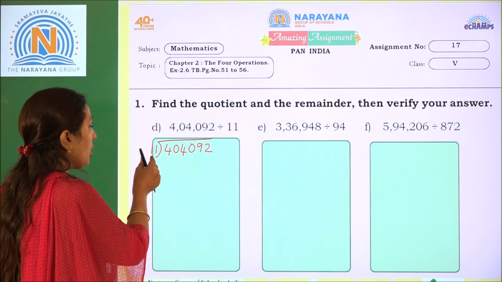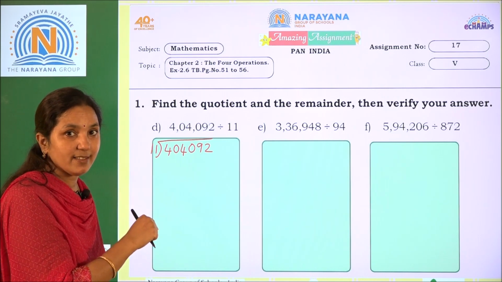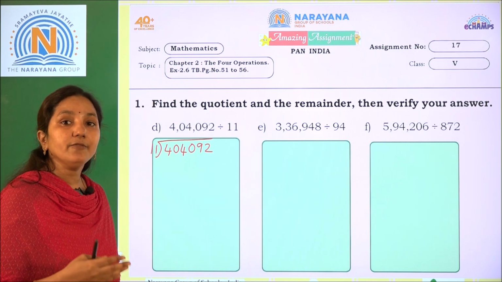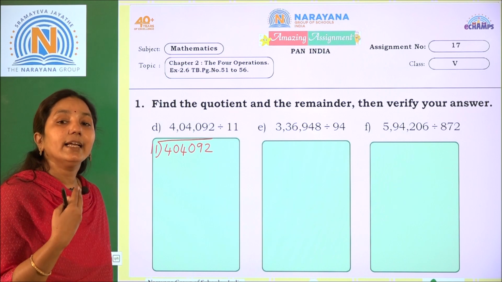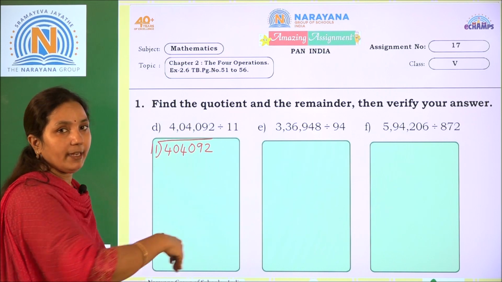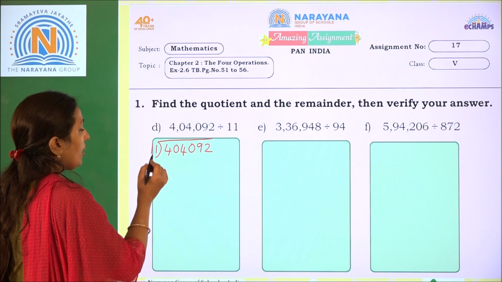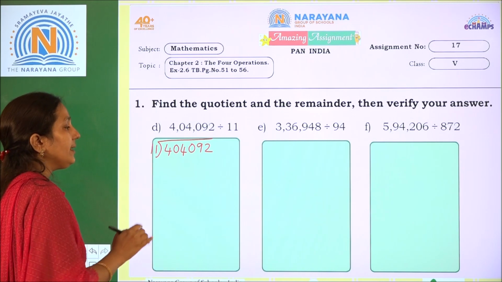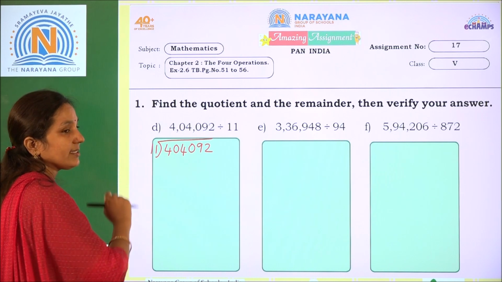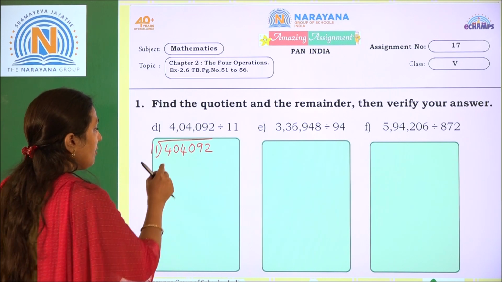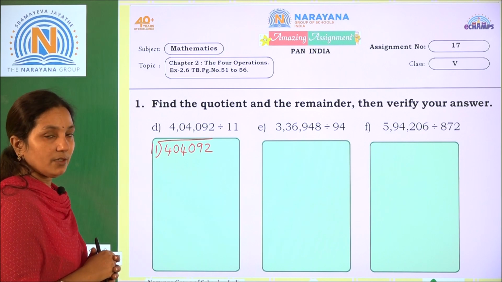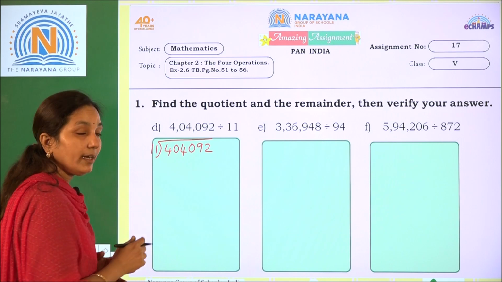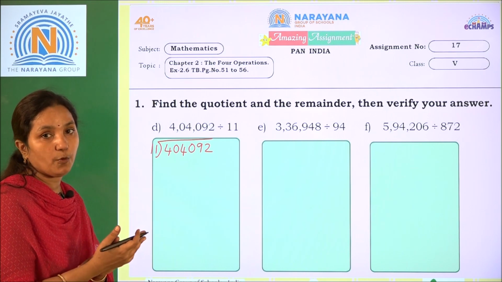Identify the sum. Here, see how many digits are given in the divisor and dividend, and then we have to multiply, then we have to subtract, okay, then we have to bring down the remaining digits. First we have to identify how many digits are given in the divisor. That is a 2-digit number. So we have to take 2 digits here. What is the first 2-digit number here? 40. Already you know we have to start from the leftmost place.